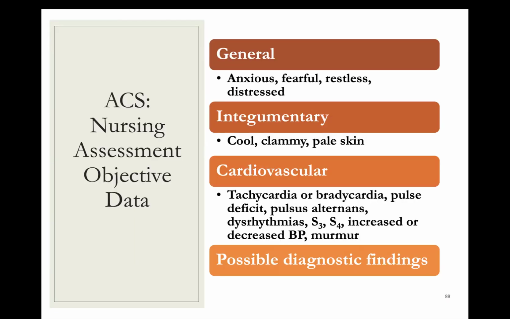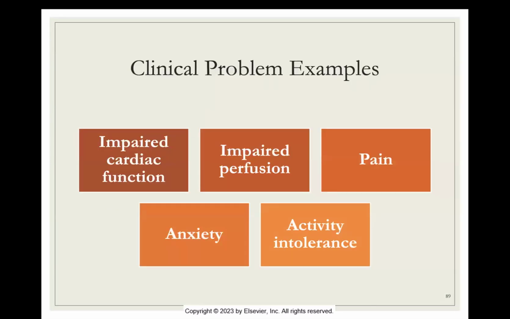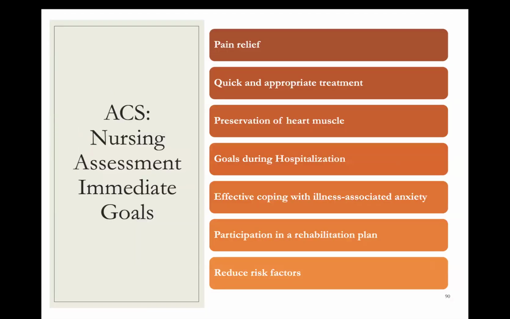Also, if they have any diagnostic findings, labs, cardiac biomarkers like troponin, EKG results, or if they've had a recent echocardiogram, we'd want to see that too. Examples of clinical problems for these patients are impaired cardiac function, impaired perfusion, pain, anxiety, and activity intolerance. Assessment goals for these patients are pain relief, quick and appropriate treatment, preservation of the heart muscle, setting up goals